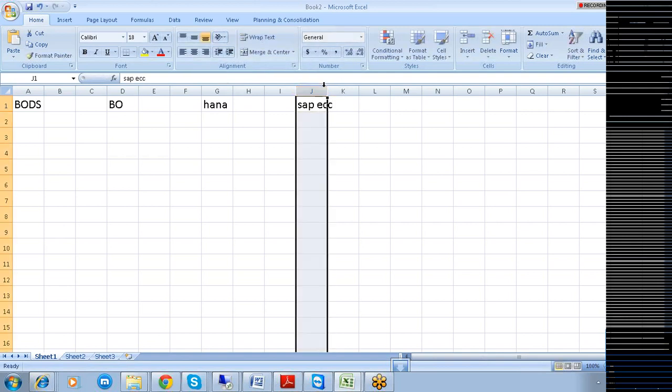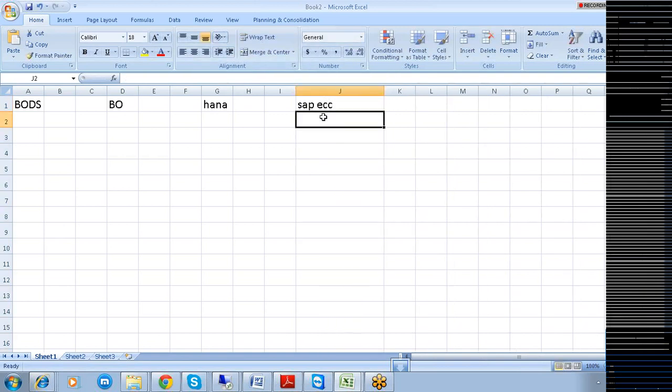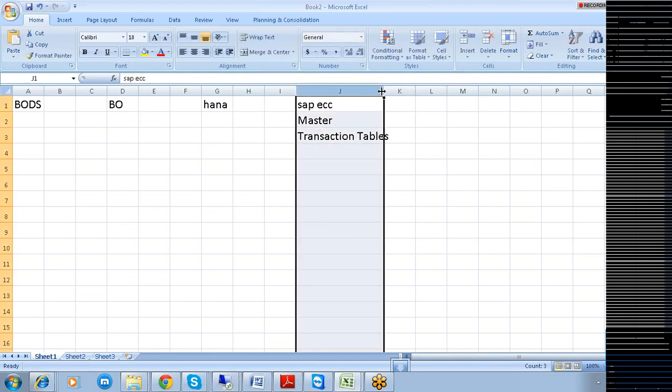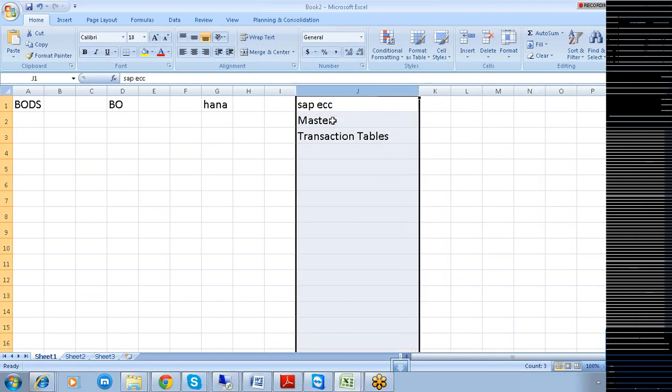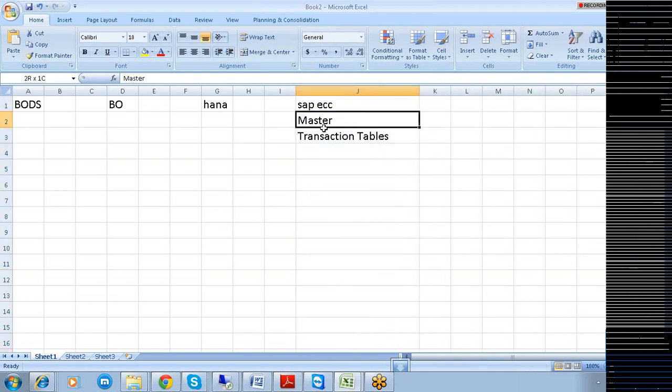In SAP ECC, you have some existing tables. They are nothing but your master tables, or they are also treated as your transaction tables. Master tables along with transaction tables exist.